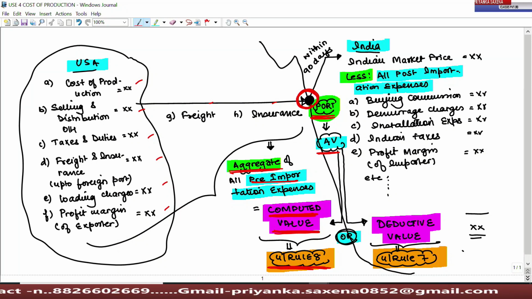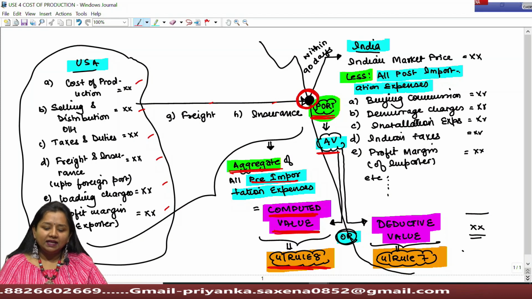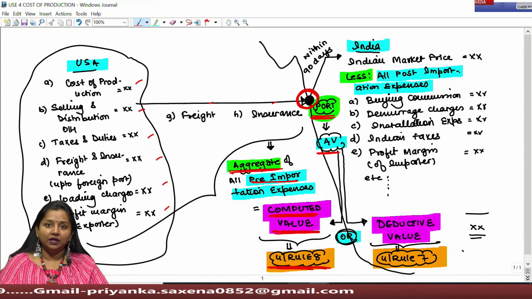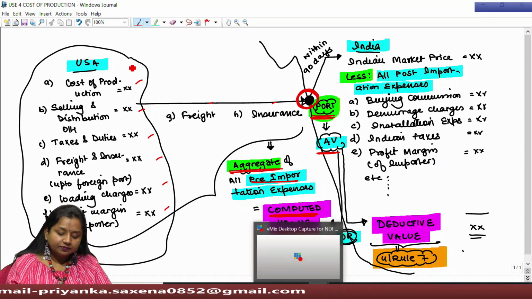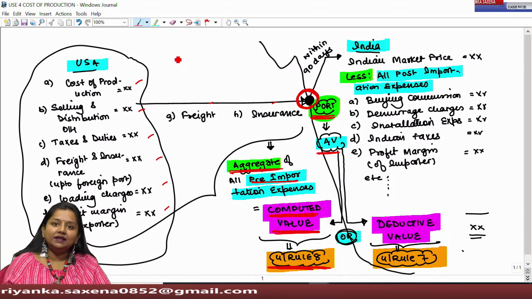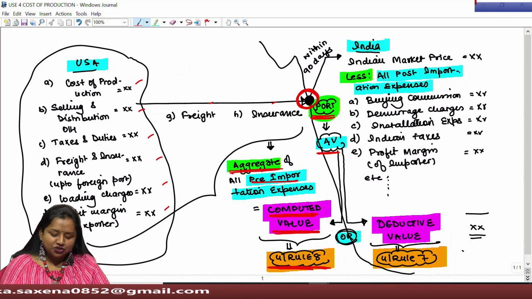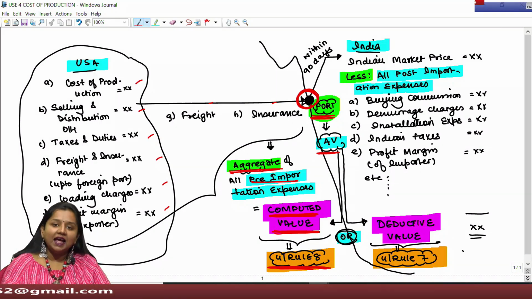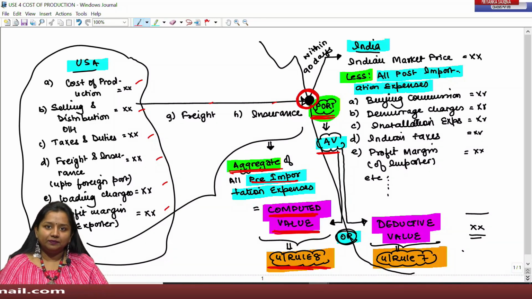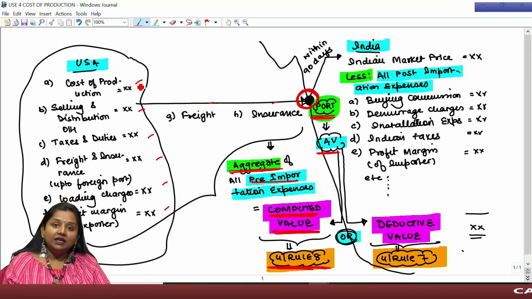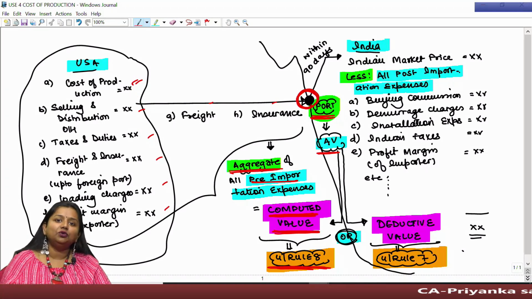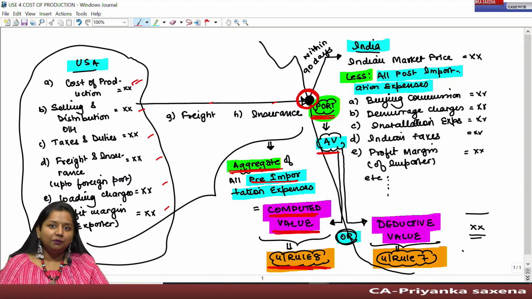Ma'am, this is the same thing we did under Rule 3. In the beginning itself, we drafted the same concept, but sir, there is a difference between Rule 3 and Rule 8. Under Rule 3, all the expenses incurred by the exporter have been shown in the transaction value or FOB value, in which we had added different additions under Rule 10. But Rule 3, wherein the transaction value declared by the exporter as the aggregate of all his expenses has been rejected under Rule 12, due to which Rule 3 could not be applied.